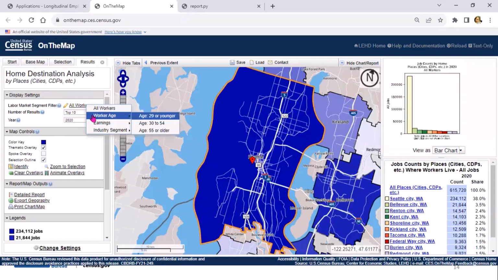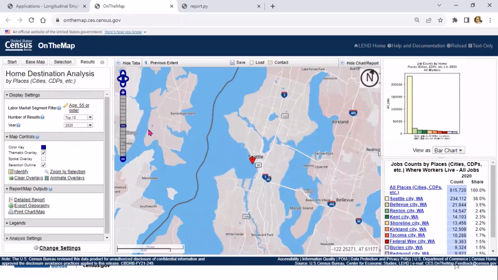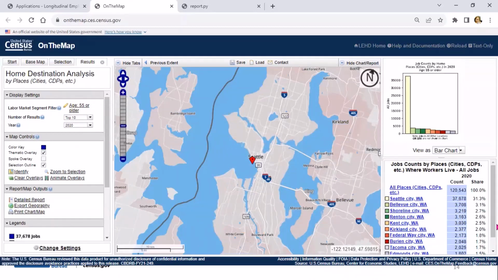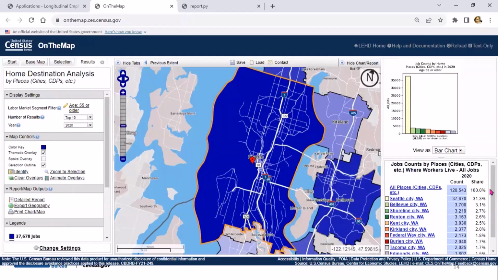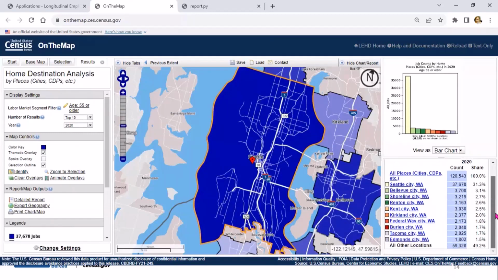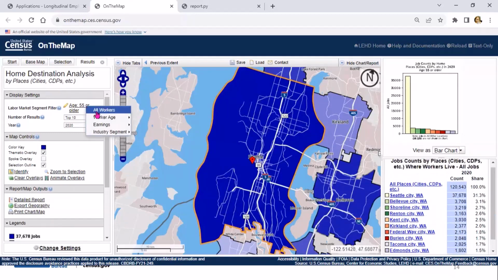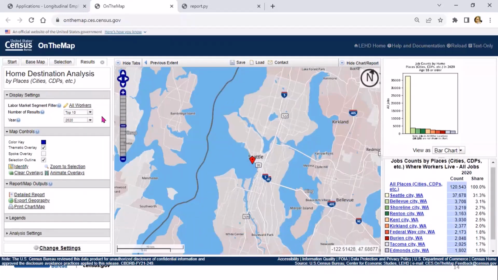So if I click on worker age and I want to see those that are 55 or older, the table will update and we can see all the different 55 or older numbers. And I will go back to all workers.